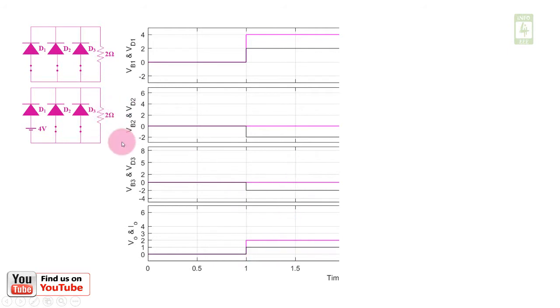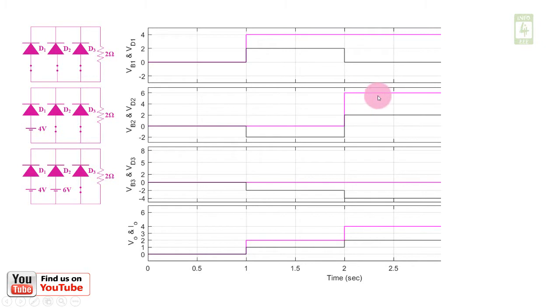Now talking about the D2 and D3, this 2 volt will also be seen across the reverse terminal of the D2 and D3, hence it is showing minus 2 volt here and minus 2 volt here. Now considering the next case in which another 6 volt battery is connected across D2. Now seen here in characteristics, 6 volt is there and 2 volt is the diode dropped voltage. So net 4 volt will be seen across the 2 ohm resistance. It is shown here, that is a 4 volt voltage, and correspondingly current will be 2 ampere.